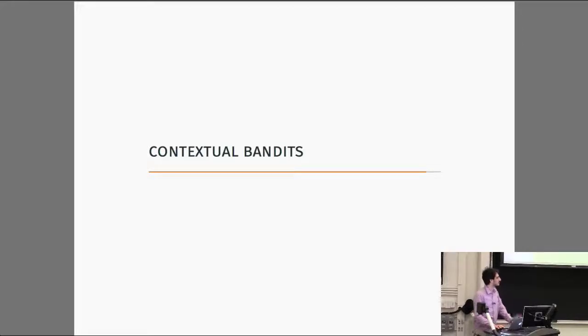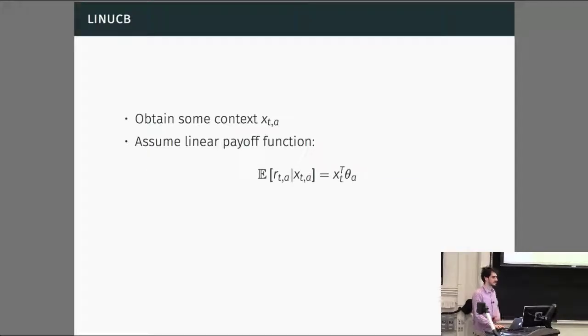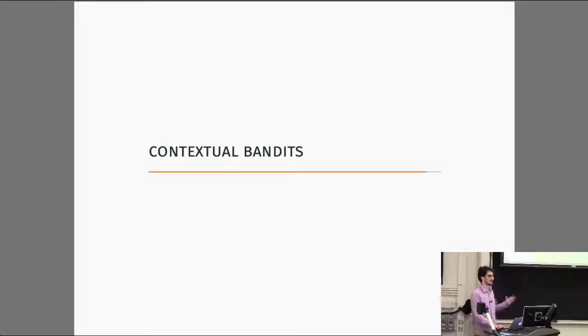But there are different ways to approach this. One way is contextual bandits. I'm just going to briefly talk about this, just so you get some familiarity with it. Contextual bandits is the case where we assume there's some context. When we see a new user, the new user comes with some context, and we want to give the best action given that context. So now we're not just assuming that there's one universally good action. We're assuming that for each context, there might be a different optimal action, right?